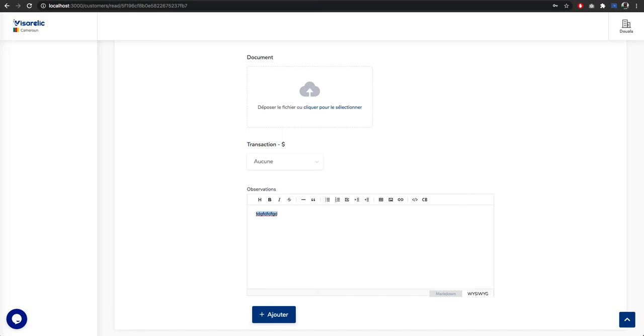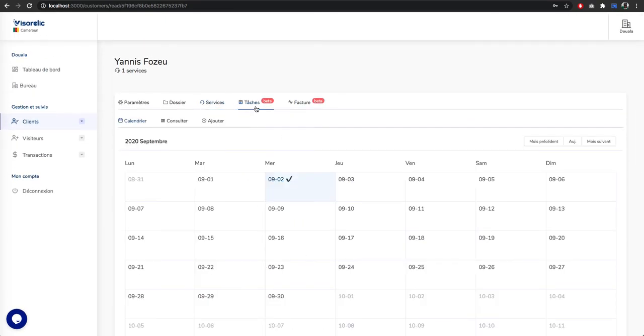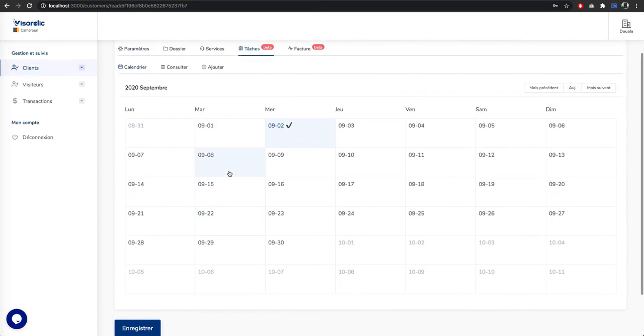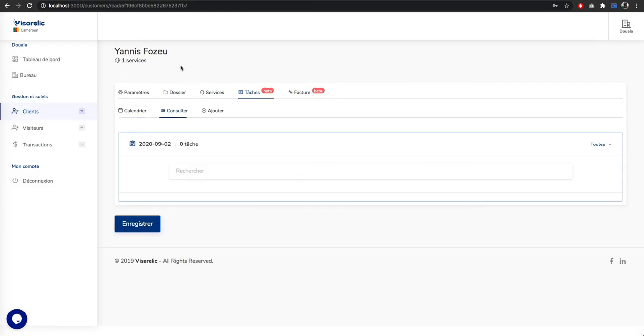Now I use this plugin because now we can format the data, we can format the text, and it's better like this. Okay, these two are in beta, I'm still working on it. We have the different tasks. So for example, when we go there, we can add what we want to do for this customer by days. For example, by this day we have to submit his file or this type of thing. And here we can just have the list of the different tasks.